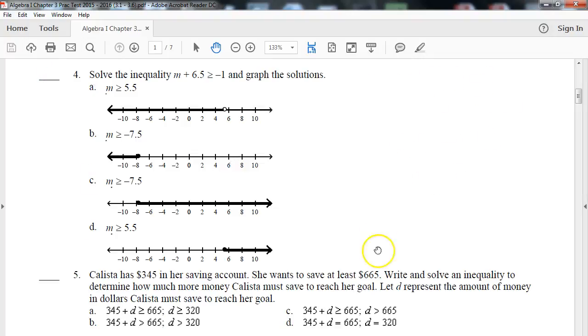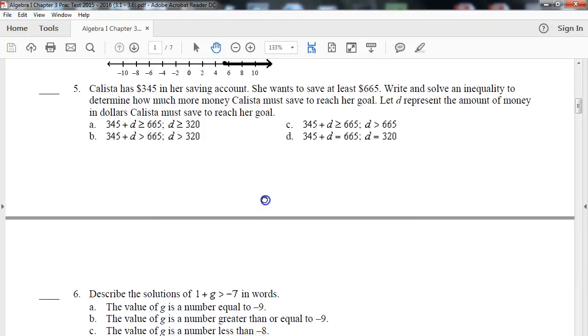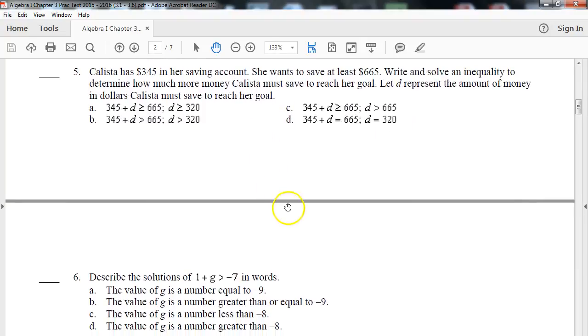Number 5. Callista has $345 in her savings account. She wants to save at least $665. Write and solve an inequality to determine how much more money Callista must save to reach her goal. Let D represent the amount of money in dollars she must save to reach her goal. Okay, she has $345. She's going to add a certain other number of dollars to that account. And we want it to be at least